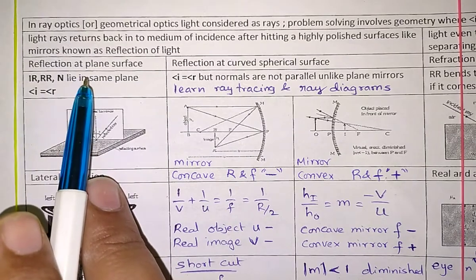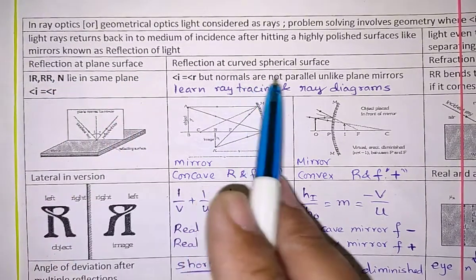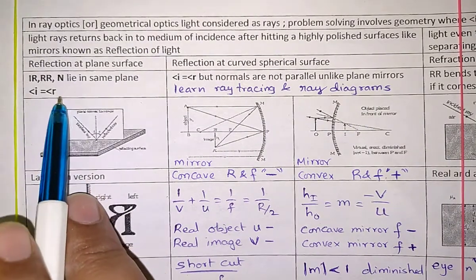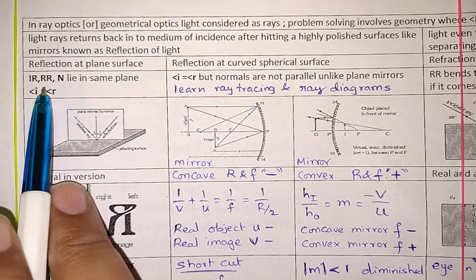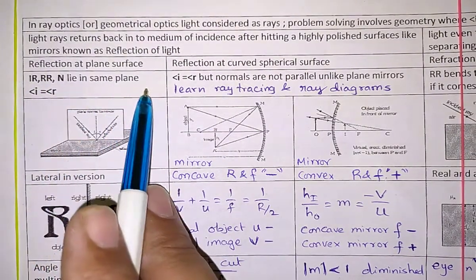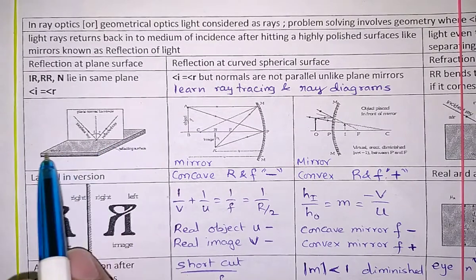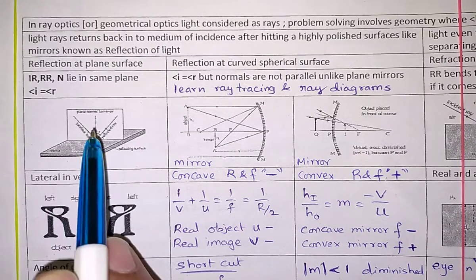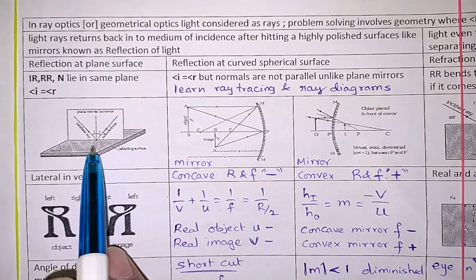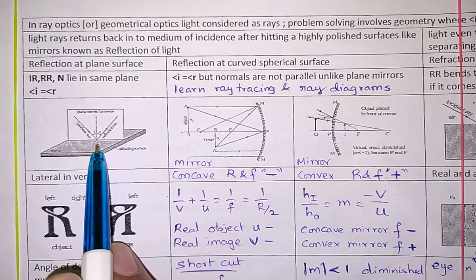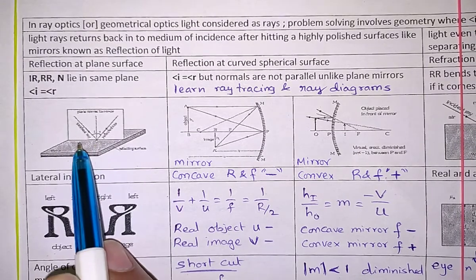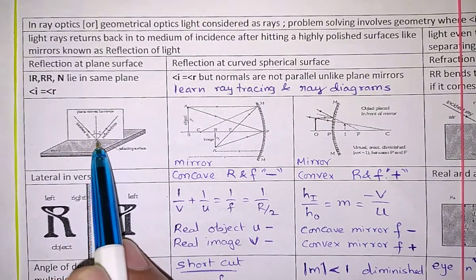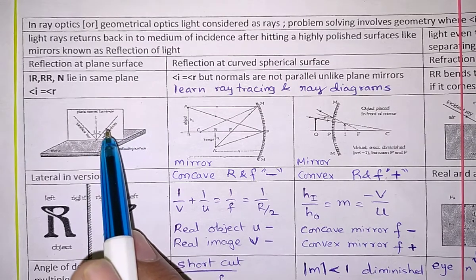Now reflection, whether we study it at a plane surface or at a curved surface, two laws are important. So we have to understand these two laws. The first law says that the incident ray, reflected ray, and normal lie in the same plane. If I take a silvered surface here and draw a normal, it is like a person standing on a floor. So the normal is perpendicular to the surface, not perpendicular to a line. We incident the ray like this, which we call the incident ray, and the reflected ray goes like this, as shown in the figure.